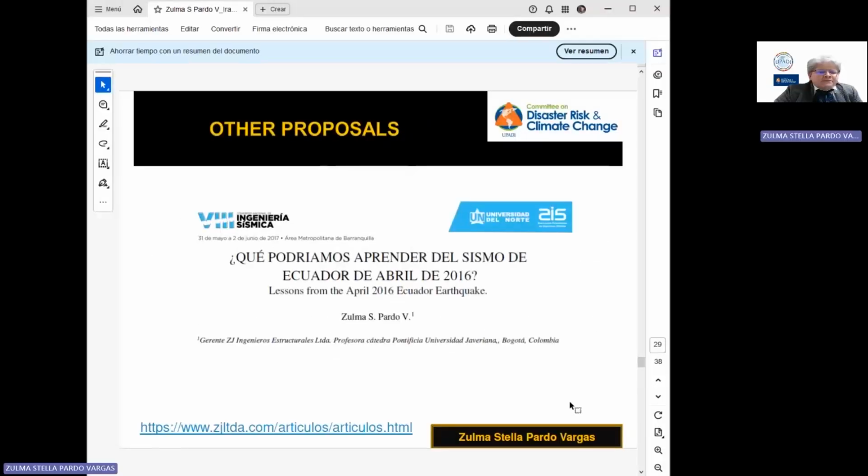In this paper, you can see lessons from the April 2016 Ecuador earthquake, with the inspection format of ATC in Ecuador.